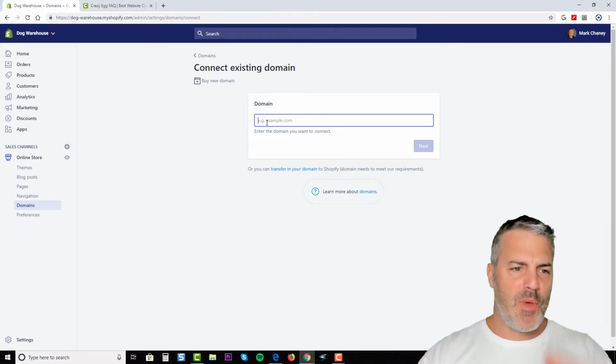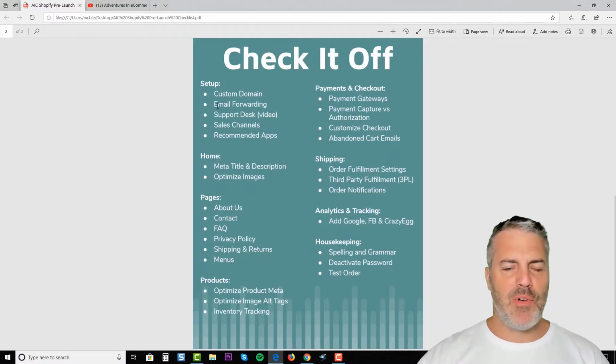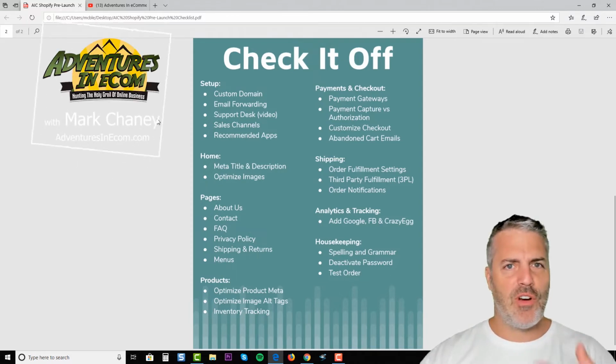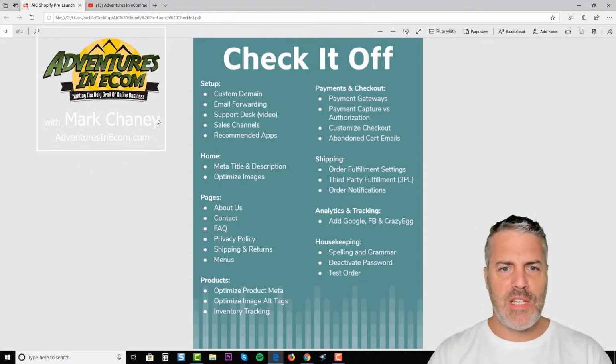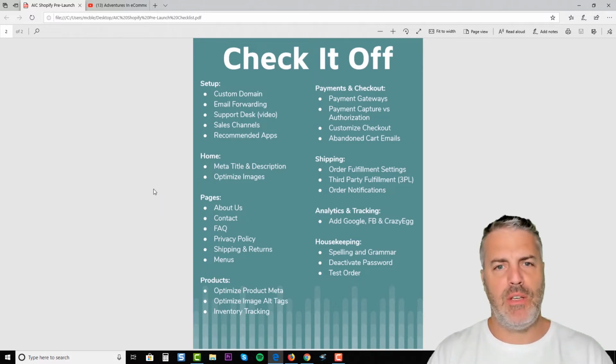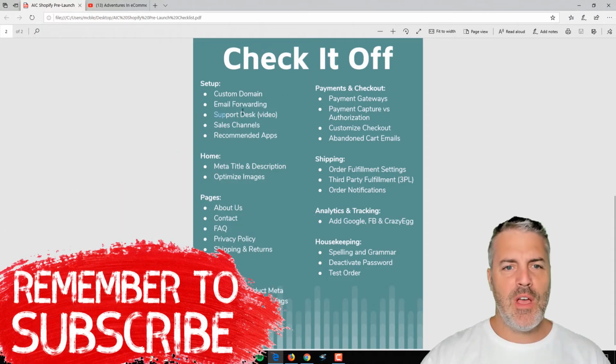So set up your domain and run right through that. Next on my list is email forwarding. You really want to go into your domain registrar. Maybe if it's Namecheap, you want to have that hosting set up and have your email forwarding in place. Now, when I say have your email forwarding in place, this could be several different things. You could simply do support at yourself. And maybe initially I recommend that, but I still would recommend, and I'm going to jump straight to number 2,